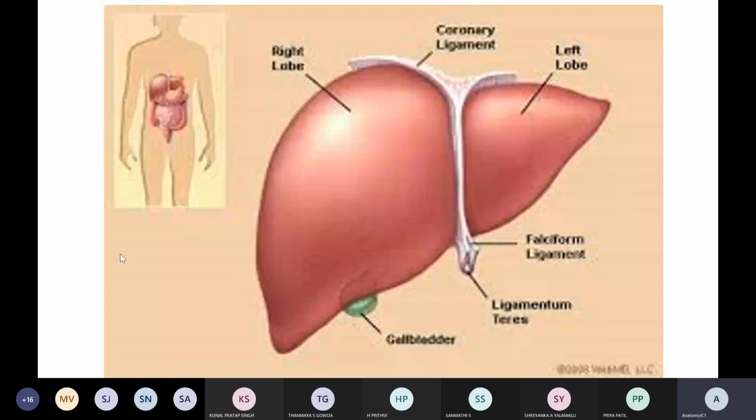And on the right side and left side superiorly it is by means of the diaphragm, and anteriorly by means of your anterior abdominal wall. So those are in the form of muscular or cartilaginous or in the form of a cage, the rib cage. So this is completely how anteriorly it is guarding the liver. It means all these structures support the liver to hold it in a proper position, and the support of the liver is very important.